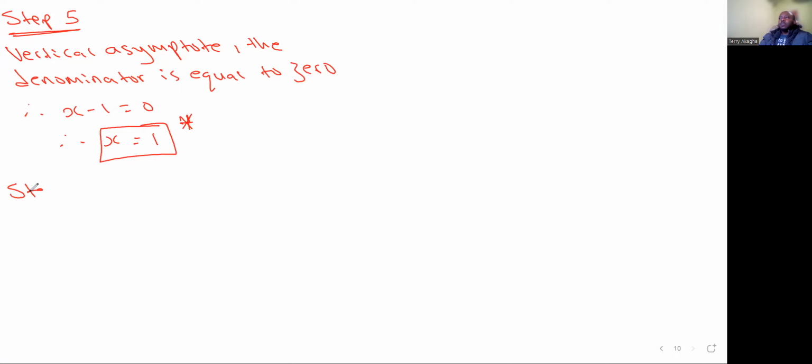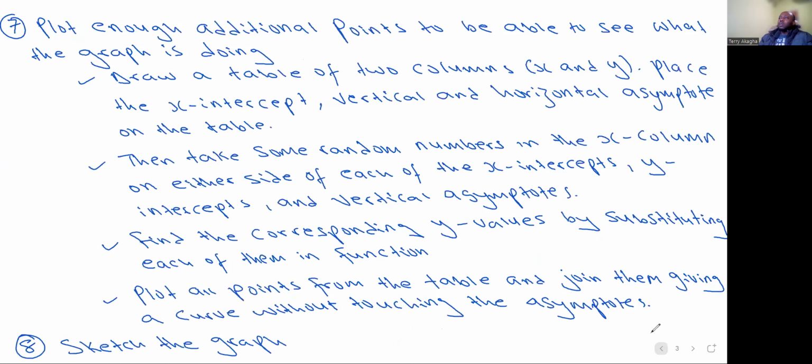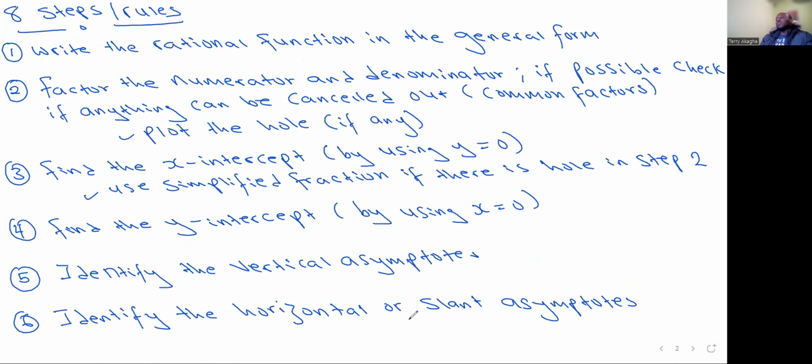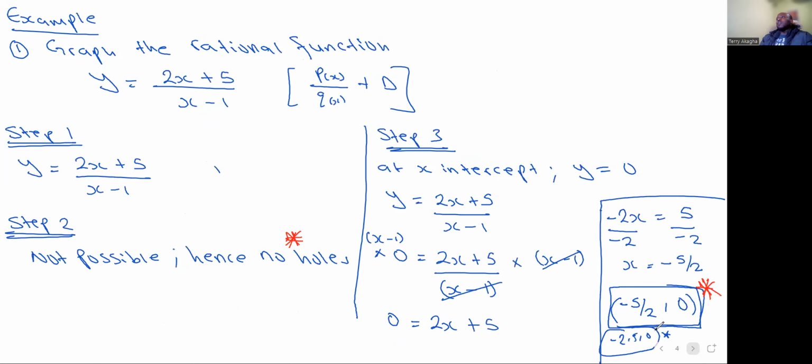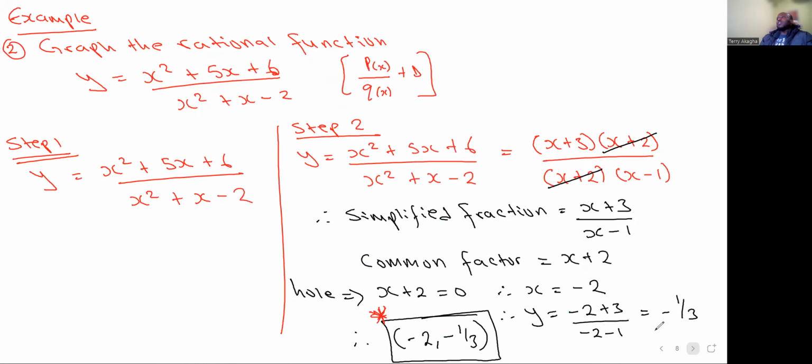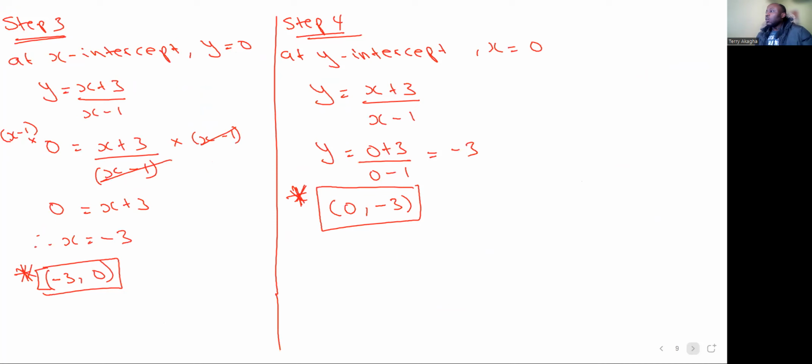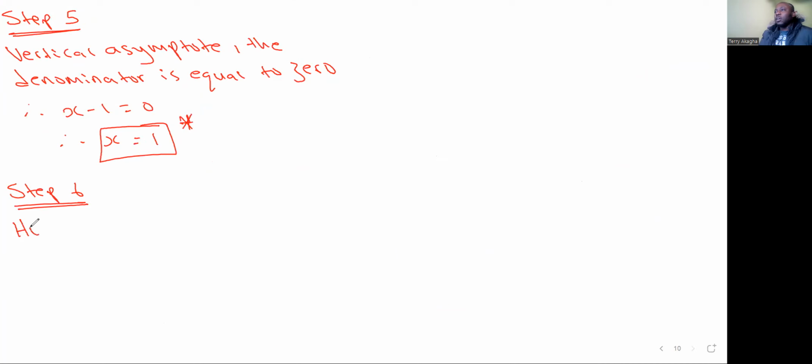Step 6, we then have to find the horizontal asymptote, which I believe, just to be sure, step 6, we have to identify the horizontal or slant. Because if you look at this function, they have equal degrees. So you're not expected to have any slant asymptote here. So we should be looking at the horizontal asymptote. So to find the horizontal asymptote here,